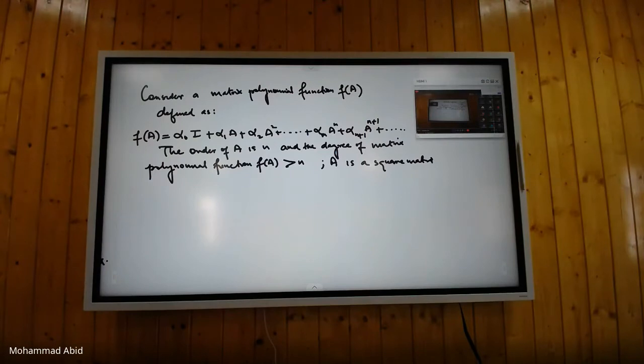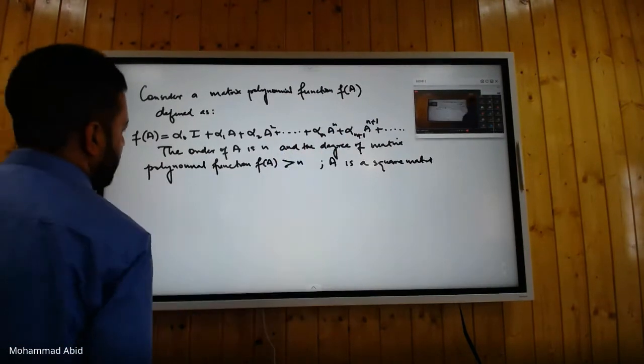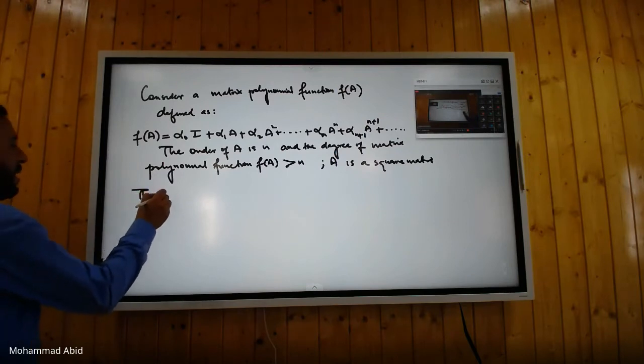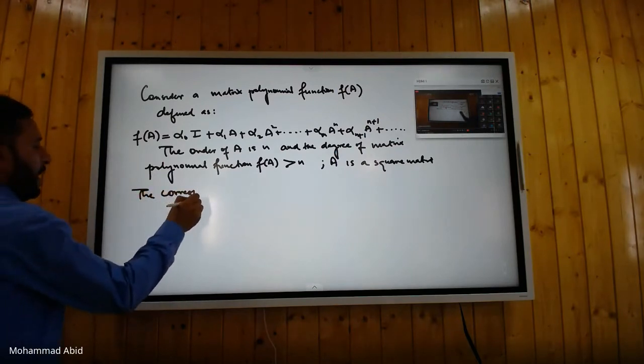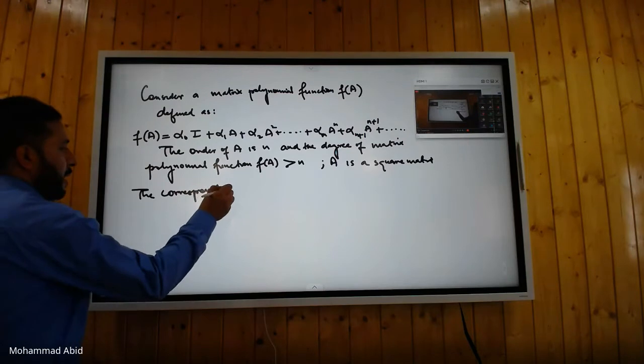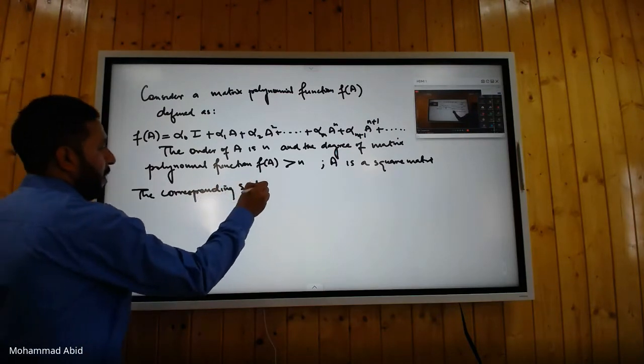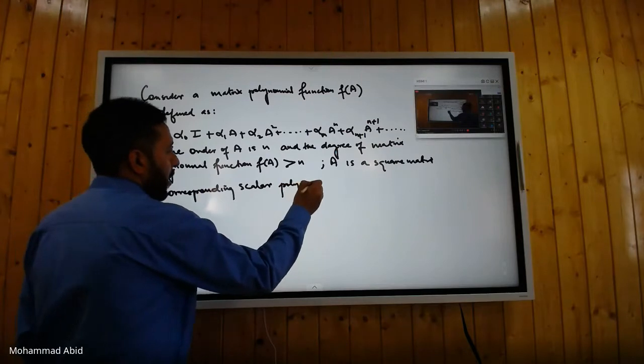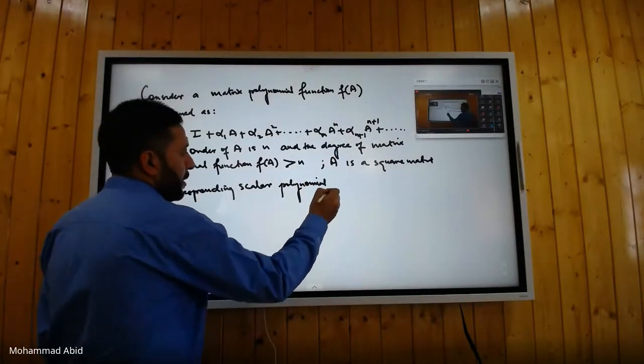The order of A is n and the degree of this matrix polynomial function F(A) is greater than n, as you can see here. The corresponding scalar polynomial can be defined as